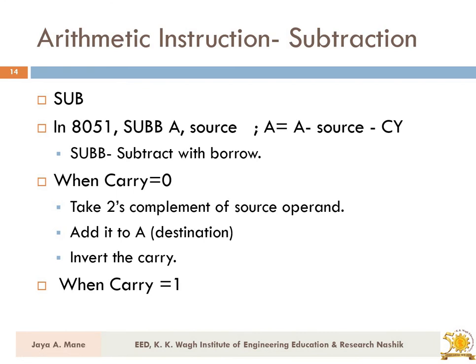The next operation is subtraction. Likewise, as in addition you have addition and addition with carry, you have subtraction and subtraction with carry. Here, instead of carry, we use the word borrow. So for subtraction, we have two instructions. One is SUB and the second instruction is SUBB, where SUBB stands for subtract with borrow. So how will that operation be performed? It will be the number minus the source number minus the borrow. If borrow is generated, this value will be 1. If borrow is not generated, this value will be 0.